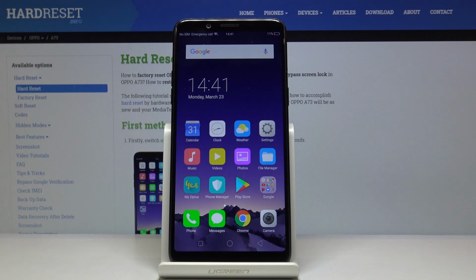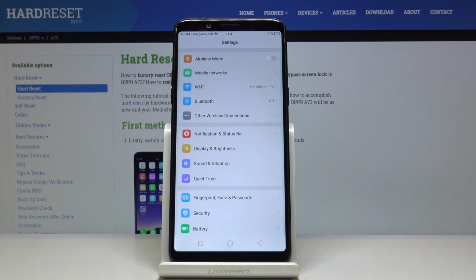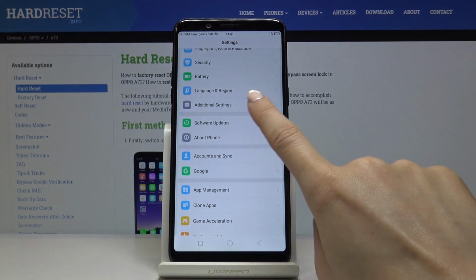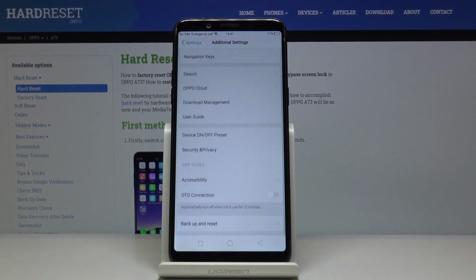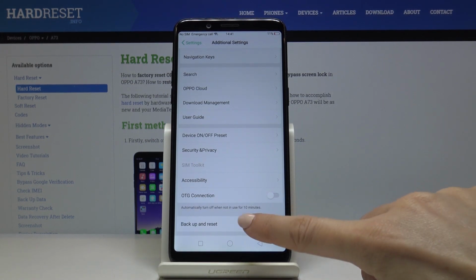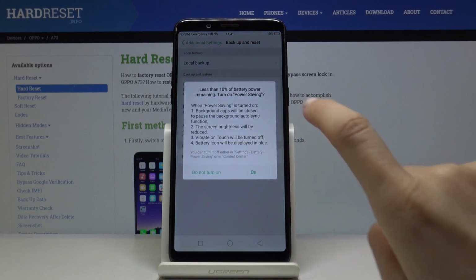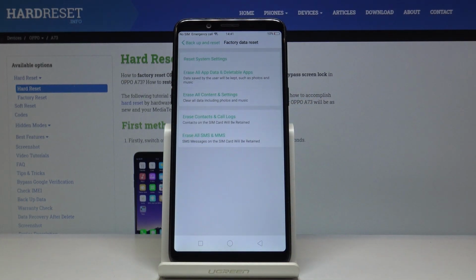Here I've got OPPO A73, and let me show you how to erase all app data on the following device. So at first you have to open the settings, then find and select additional settings. From the following list, pick the last option, which is backup and reset, and then go to factory data reset right here. And now all you have to do is to click on erase all app data and deletable apps